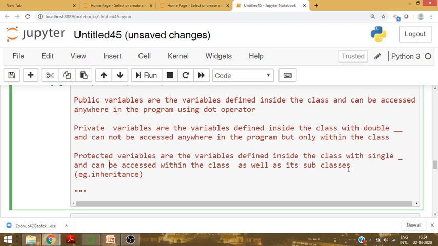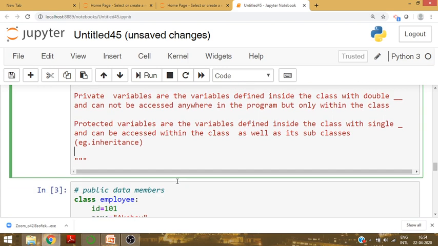Suppose there is one class and any other subclass that is derived from that class, then the protected variable can be used in that class and that subclass only. For example, inheritance. That variable can be used in the parent class and child class only.